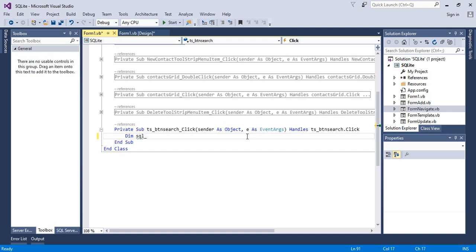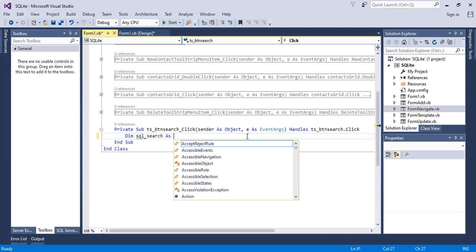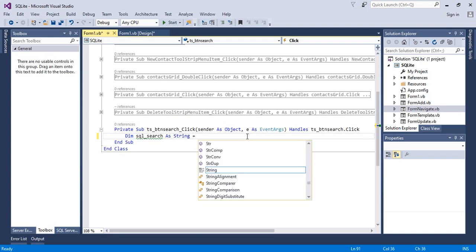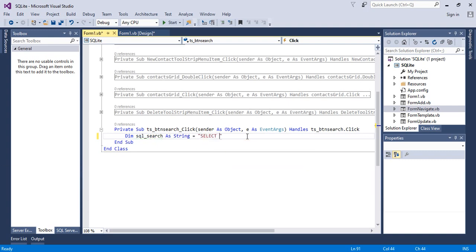I'll say Dim SQLSearch As String equals, then SELECT * FROM tbl_contacts, that's the name of our table, WHERE first_name LIKE, which means anything that resembles the search parameter, we retrieve that. So first_name LIKE @param,